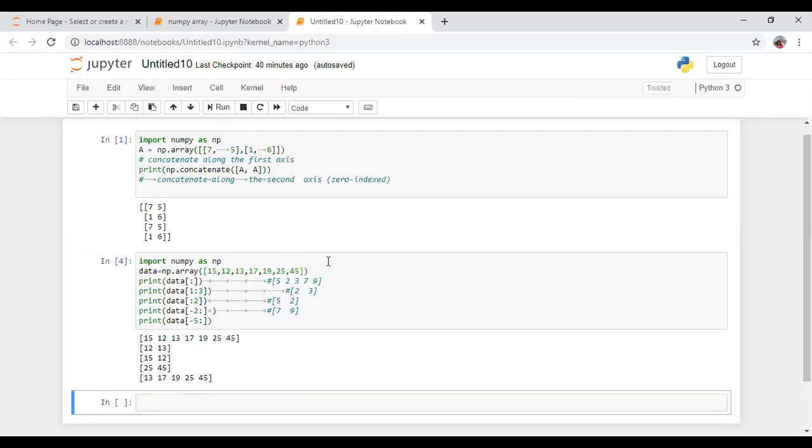From last, right to left, -1 till -5 all the elements will be printed. So in a Jupyter notebook, in the same window you can write commands and you can see the output over there. So I request all of you to download Jupyter notebook on your laptop or desktop.